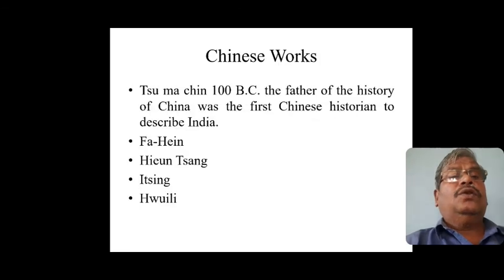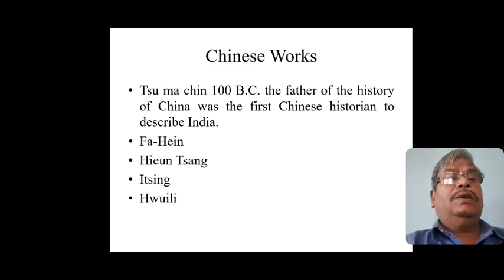Faxian came to the court of Chandragupta of the Gupta Empire. Xuanzang came to India during the time of Harshavardhana and even presided over the Buddhist council conducted by Harshavardhana at Kanauj. Similarly, Yijing also came during the Gupta period. So, because of their valuable books, we have information about ancient economic condition, agriculture, irrigation, city administration of Pataliputra, etc. This is how the foreign literary sources are useful to understand the history of ancient India.